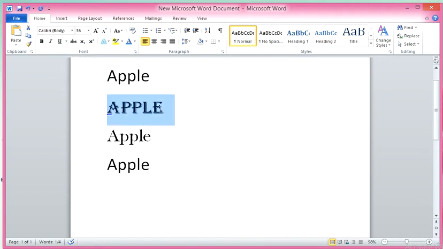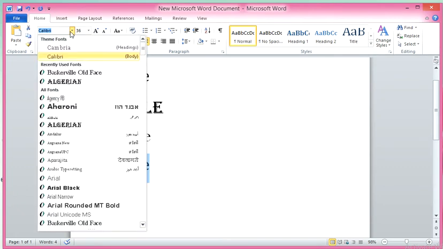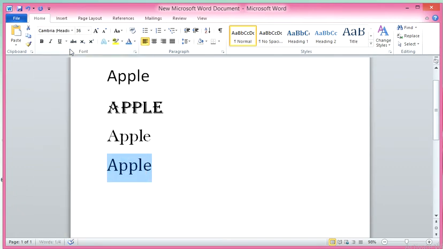Select this one, now the name is changed to Algerian. Select this one, here Baskerville Old something is there, and this is also in Calibri. Select it and it is in Cambria.